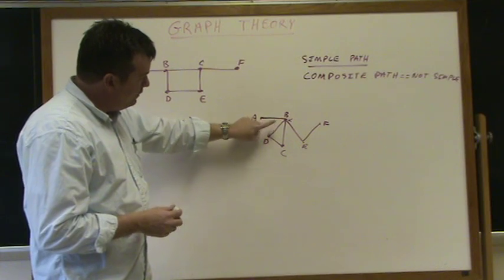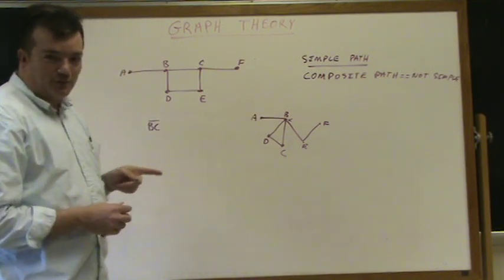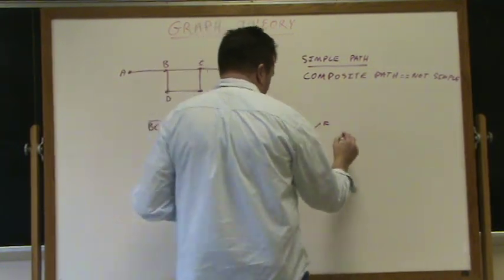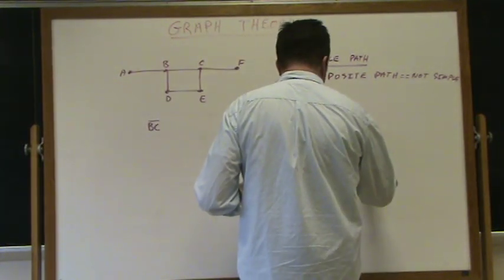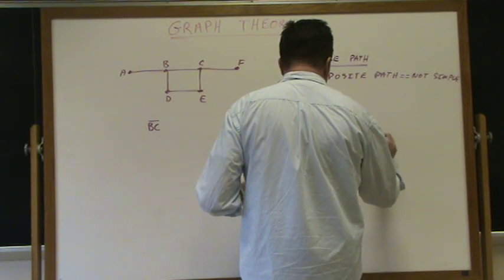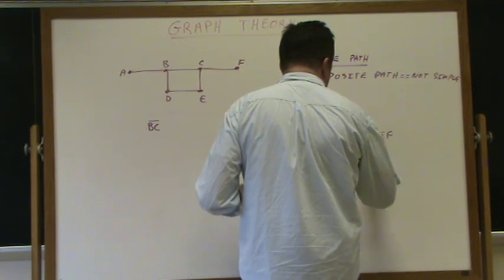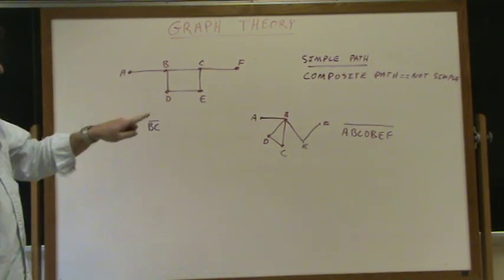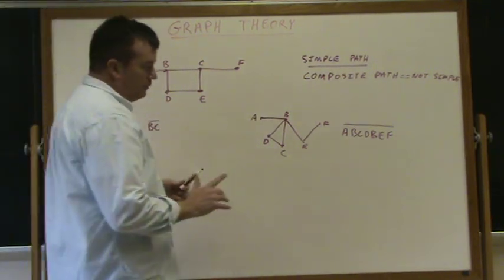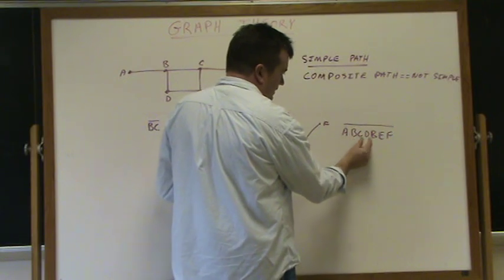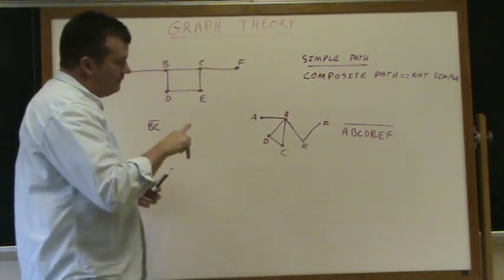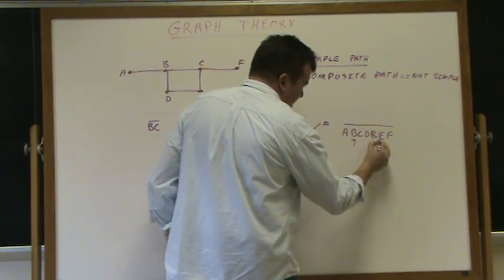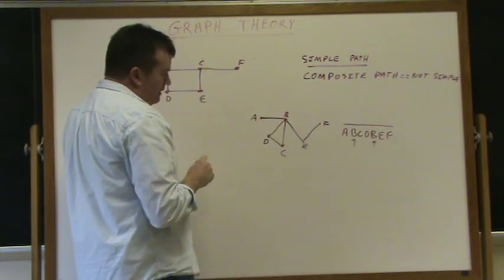And then just to have a name for a path where the same vertex was used twice. Even though we didn't use the same edge twice, this vertex was used twice. So for the path A, B, C, D, B, E, F, every edge we used in the path is a unique one. We never used it twice. A, B, B, C, C, D. We never used the same edge twice. However, we did use the same vertex twice. So this would be